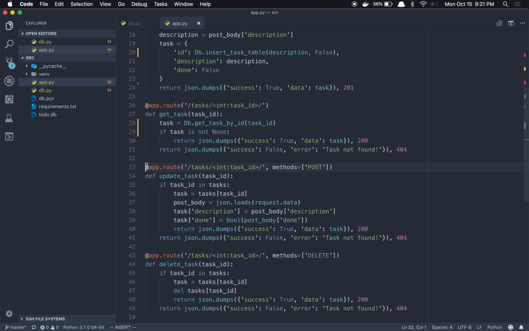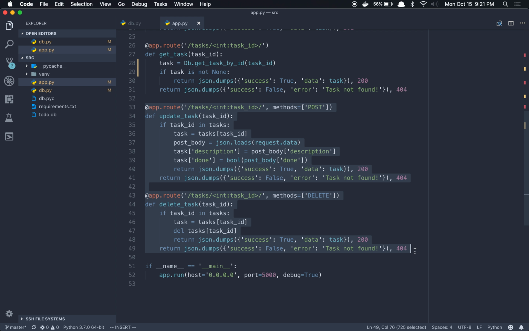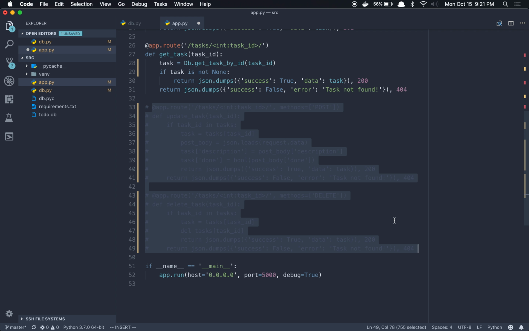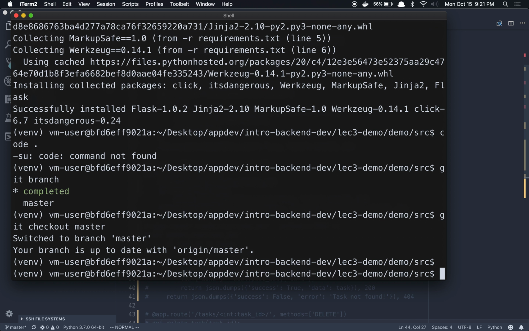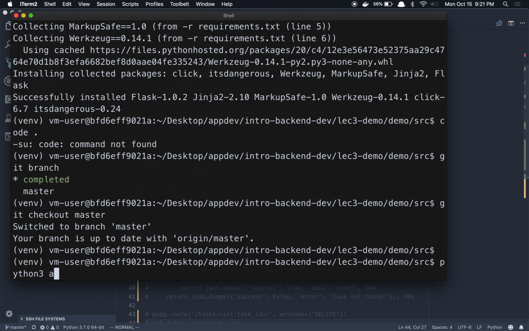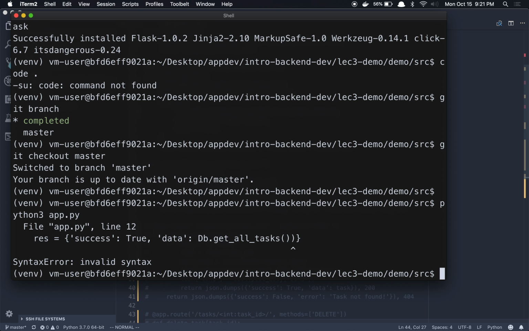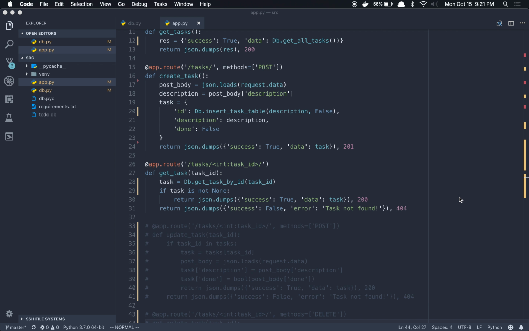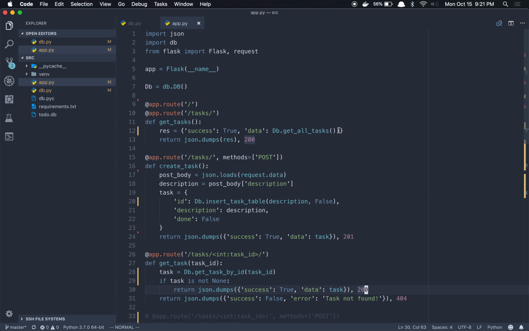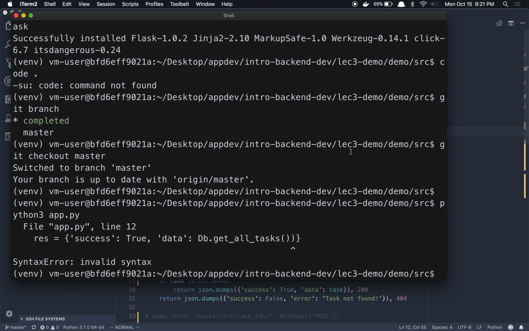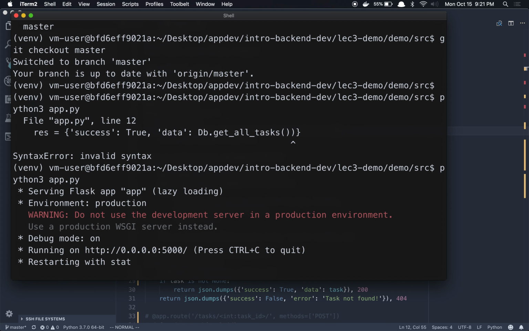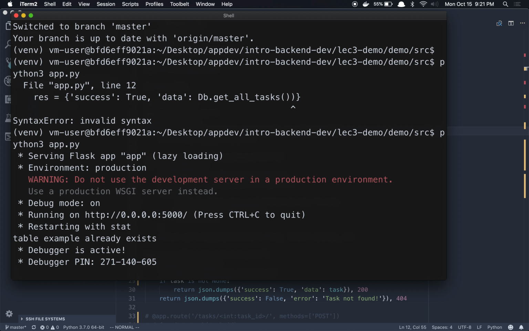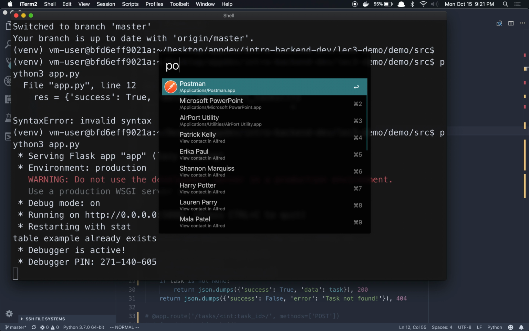So let me comment out these routes for now. And we can do Python. Oh god, what is this? Line 12. All right. So yeah, now if we open up Postman,